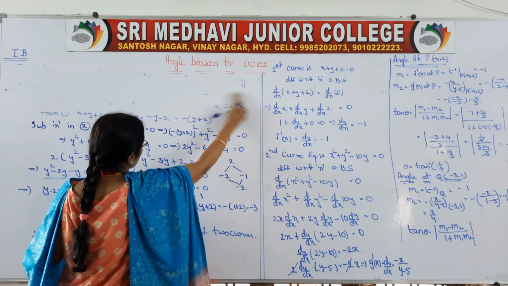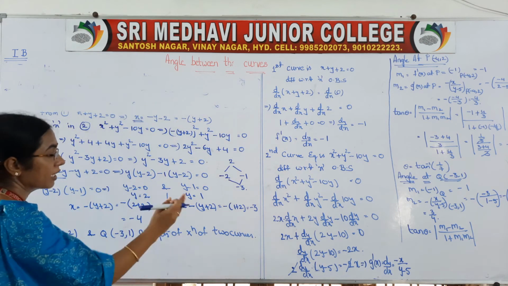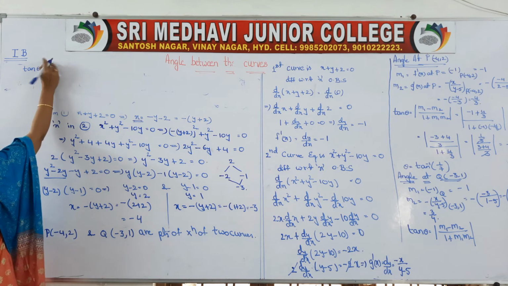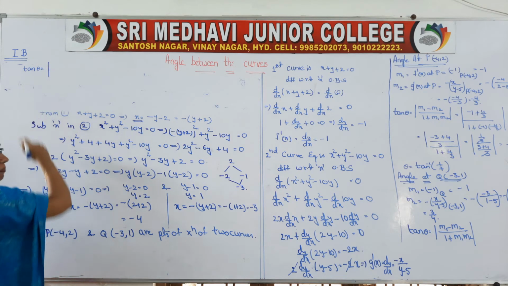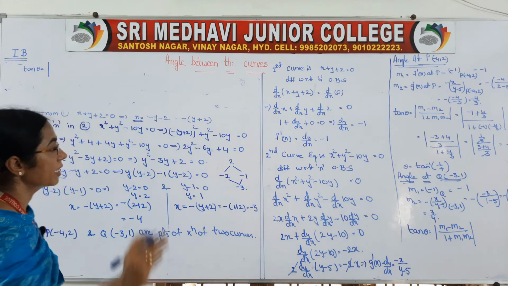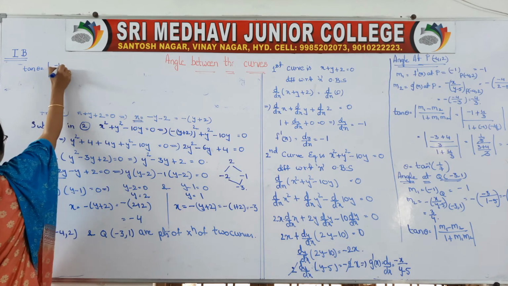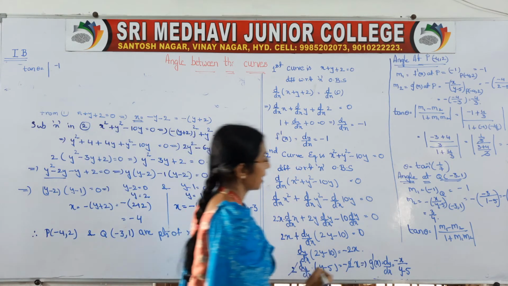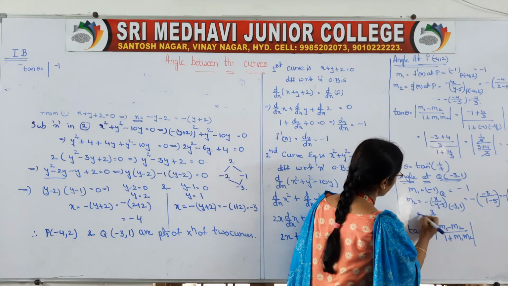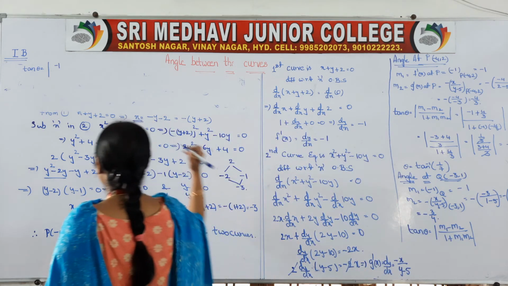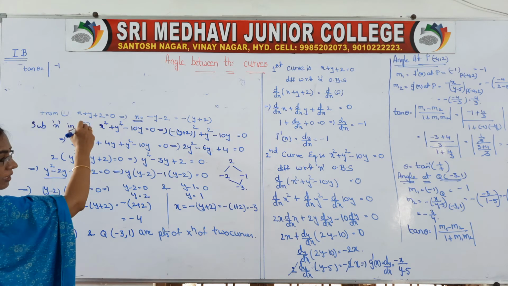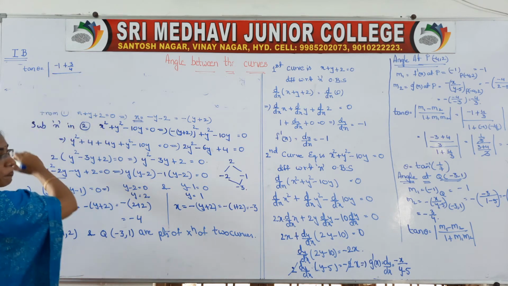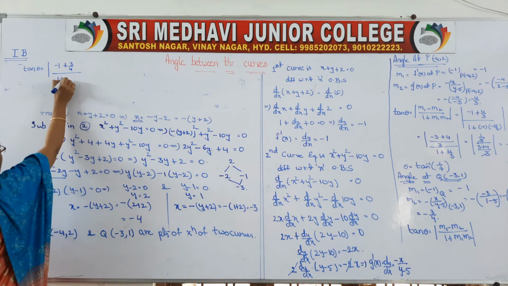Tan theta is equal to modulus of m1, which is -1, minus m2. Outside we have minus, so it is minus of minus, and it comes as 3 by 4, by 1 plus